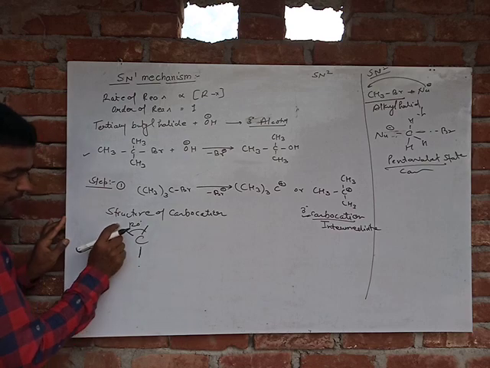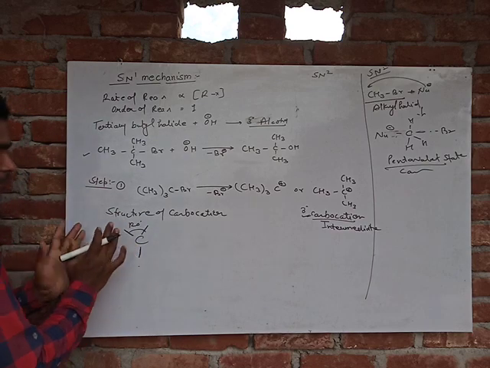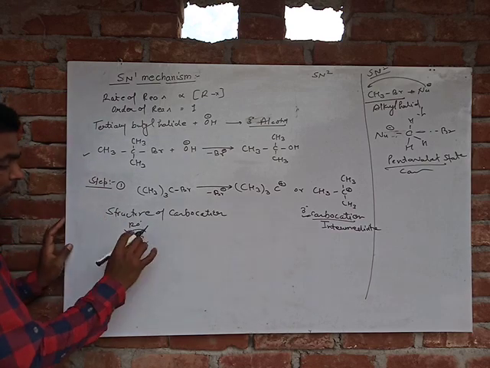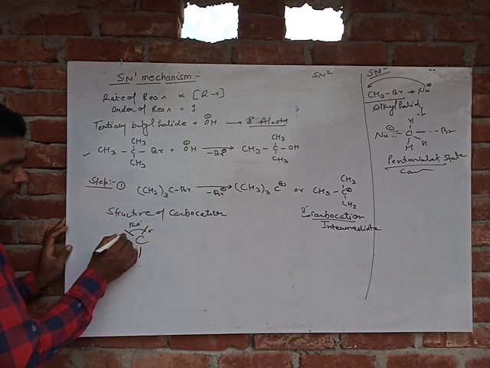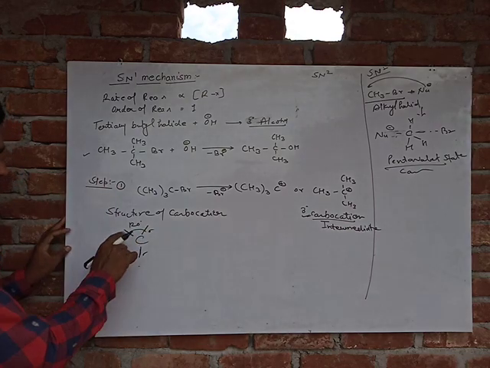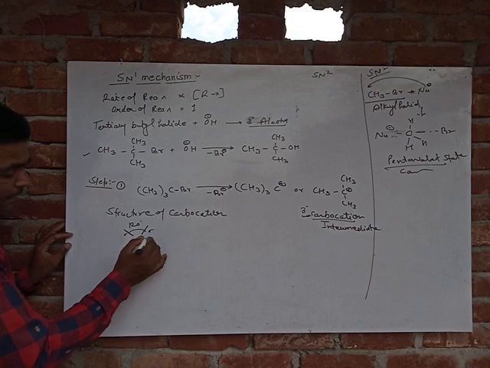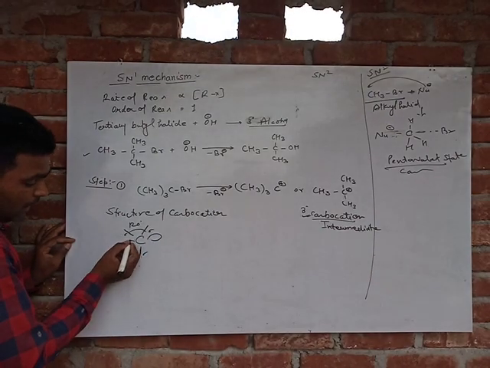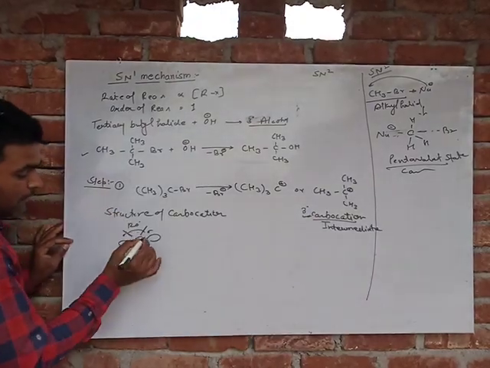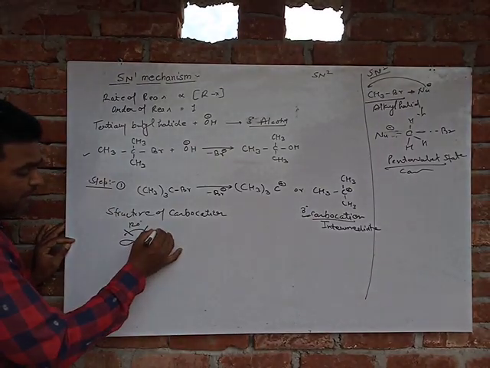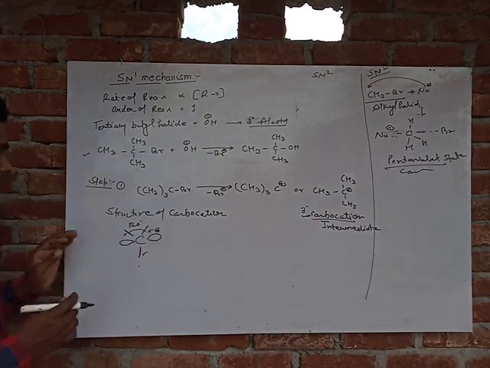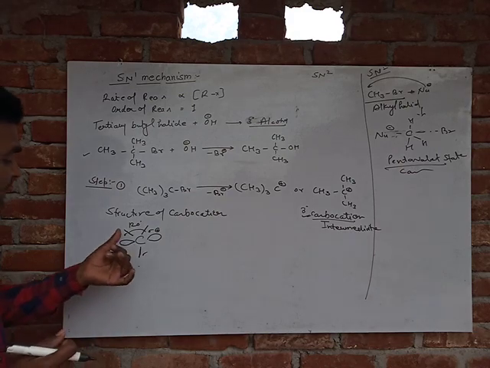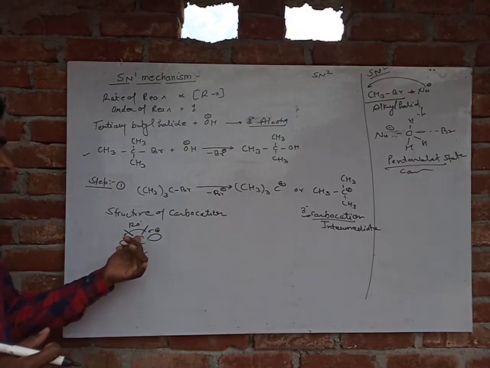This means that in the structure of a carbocation, three sigma bonds are situated at 120 degrees, and another unhybridized p orbital, which contains the positive charge, is situated